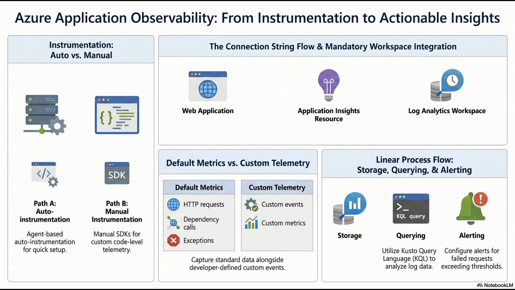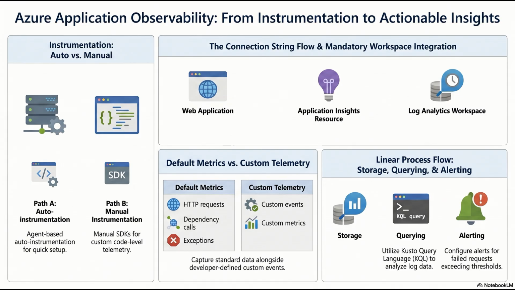Think of Application Insights as a highly specialized intelligence layer and user interface designed explicitly for developers. It understands code, it understands web requests, but you are absolutely right. It does not store the data itself anymore. It used to have its own storage backend, but Microsoft unified it. Now, when you provision an Application Insights resource, a mandatory configuration step is linking it to your log analytics workspace. By doing this, you're instructing App Insights to take all the application telemetry it gathers and write it directly into the backend tables of the workspace. So the workspace remains our single source of truth. We aren't creating a siloed data store just for the dev team.